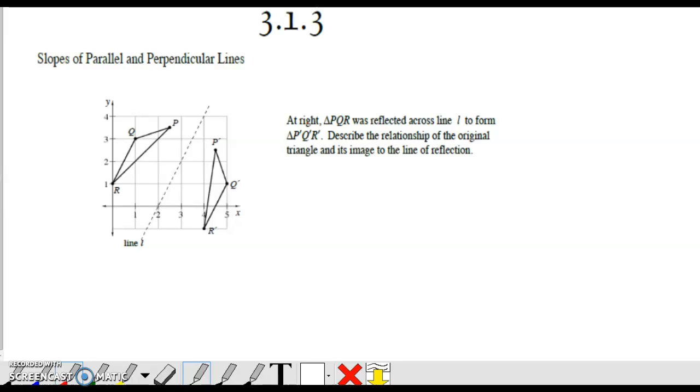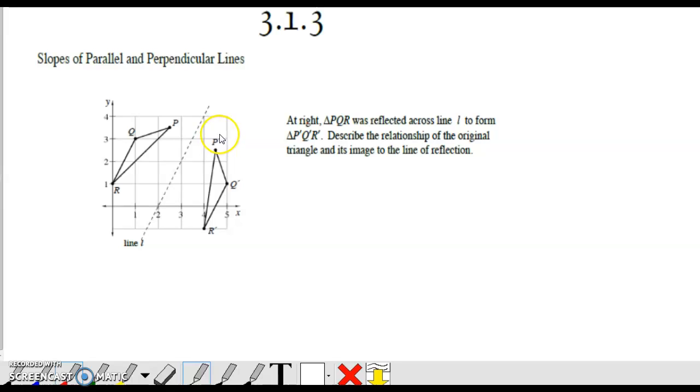All right, so in this section, 3.1.3, what we're going to talk about are the slopes of parallel and perpendicular lines. So go ahead and make sure that you copy down the title for today. And then what I want you to do is take a look at our first picture, kind of getting us back into the swing of things from our last topic, which was all about reflections, translations, rotations. On your graph paper, go ahead and copy to the best of your ability this image down,